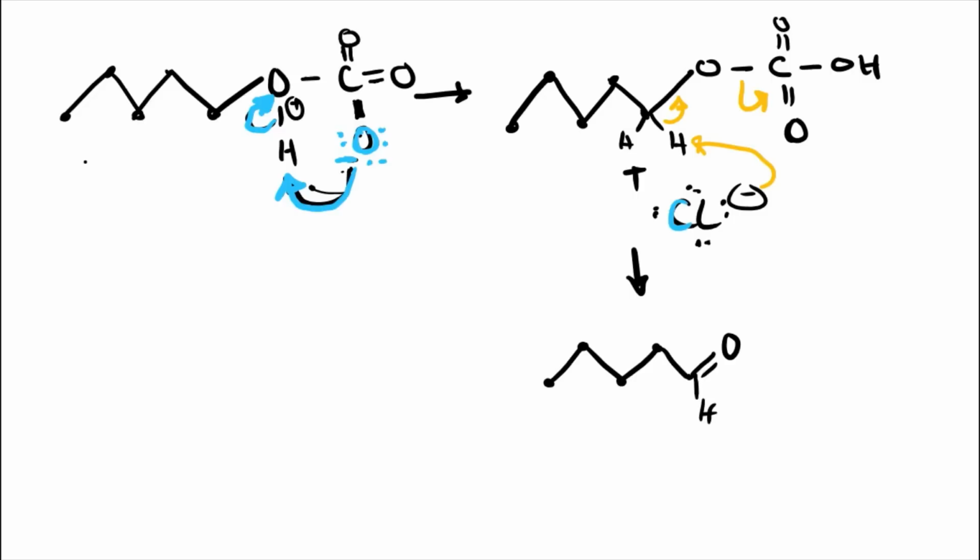And then the chloride that left in solution is going to get this hydrogen here, which is an acidic hydrogen, and then these electrons will collapse, and then this here is going to leave, and it will form an aldehyde. So when you react an alcohol in PCC, what you end up forming is an aldehyde using that